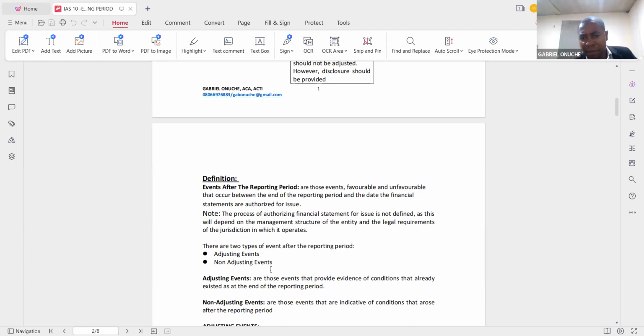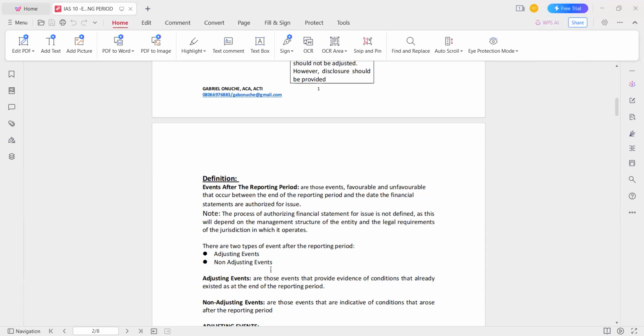No, there is no time limit. The only time limit most companies look up to comply with is tax, to file their tax return on or before 6 months after year end. So most companies use that as a benchmark. In between this period, the board of directors can issue financial statements or authorize them for issue. So Kama does not have any time limit for a company to authorize its financial statements for issue.